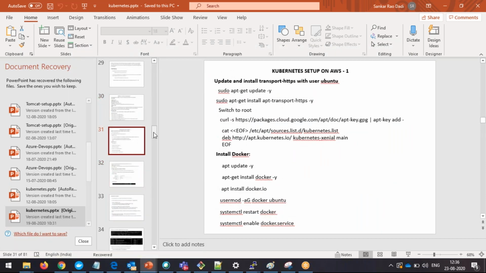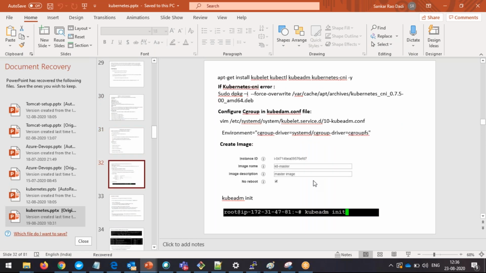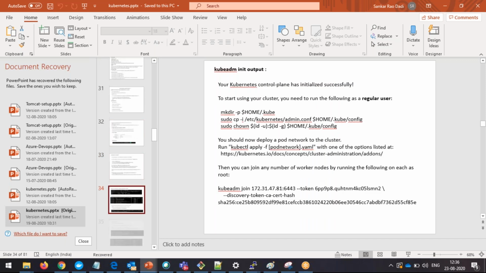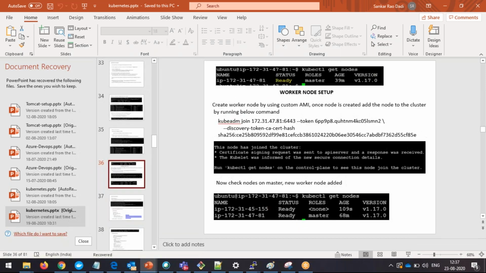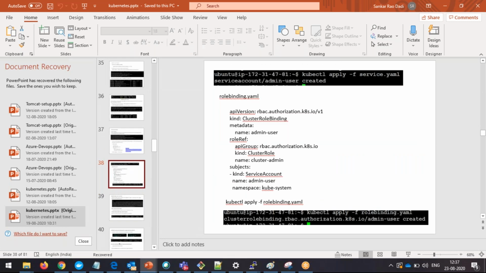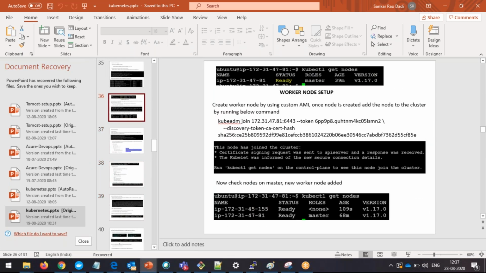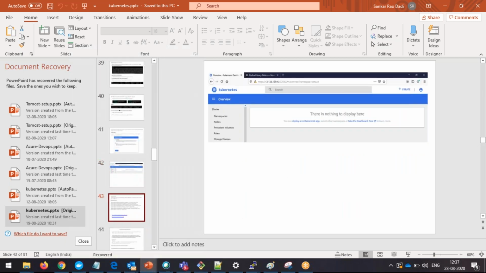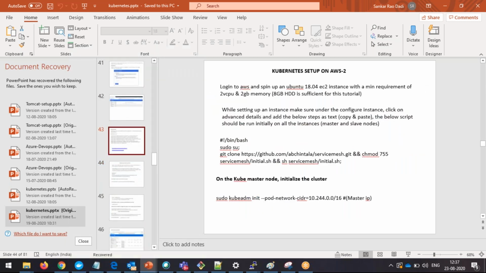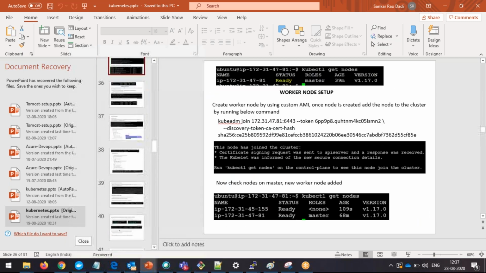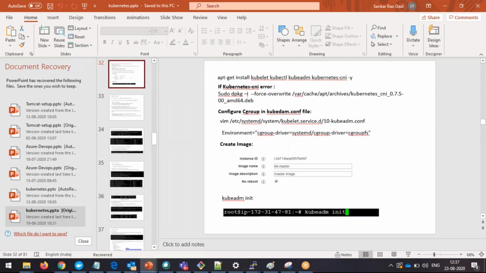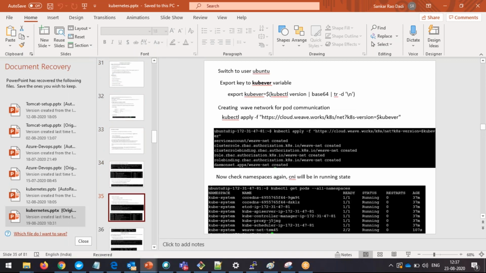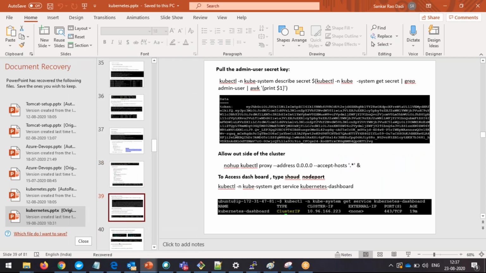So here from the 31 slide, we can see the Kubernetes setup. Right, so this is a complex setup. This is the setup from the Kubernetes side, the complex setup. So you need to run all the setup. Then we have minimized the setup